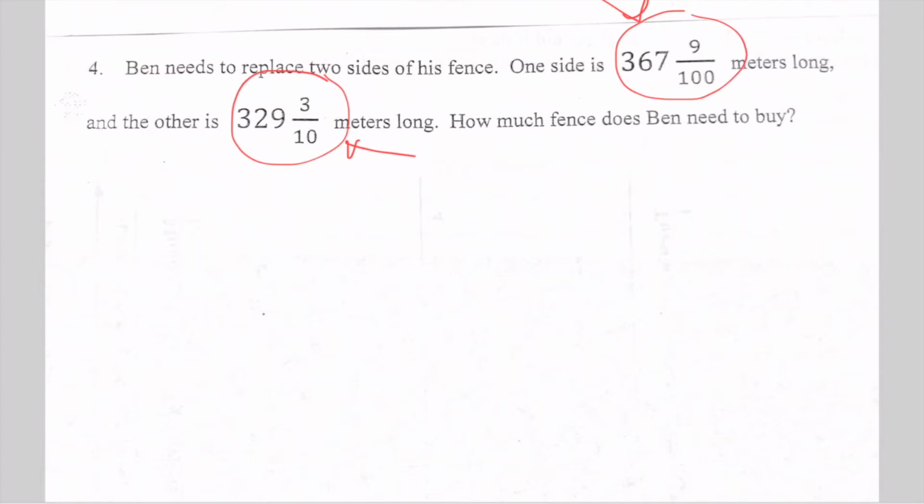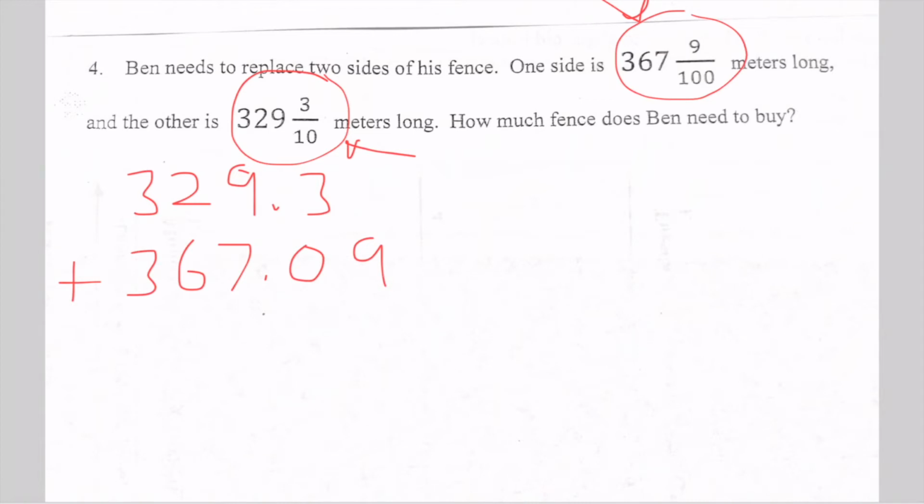So these ones are quite easy. I could add 329 3/10 meters plus 367 9/100 meters. You can see the 9 is in the hundredths place and the 3 is in the tenths place. I'm going to add my place setter, space setting, and now I can easily add these up. Don't forget your decimal. I'll have 9, 3, 16, 9,